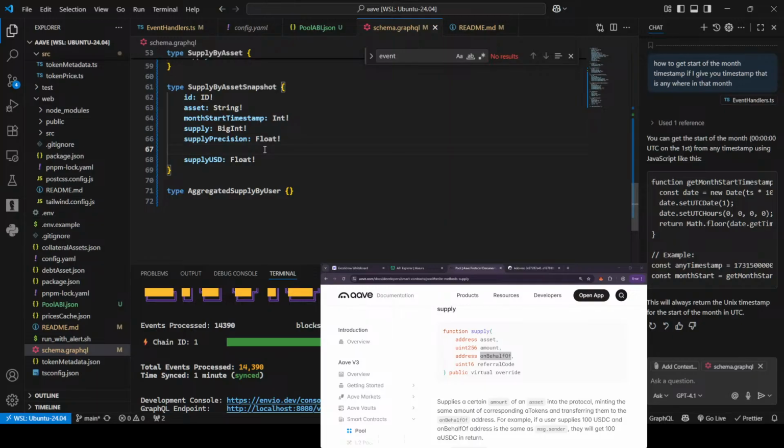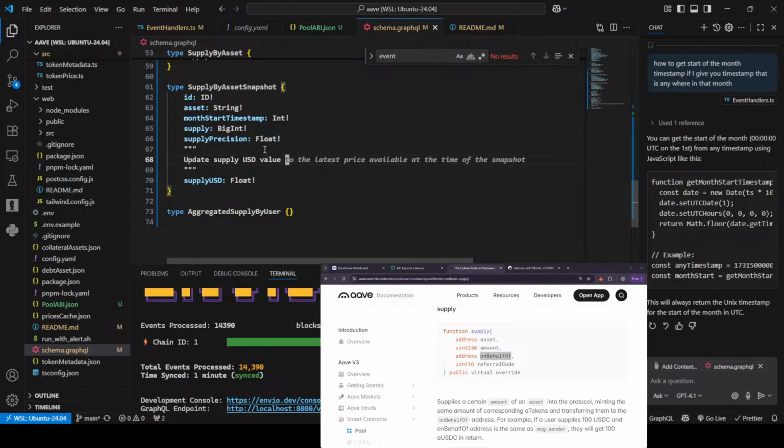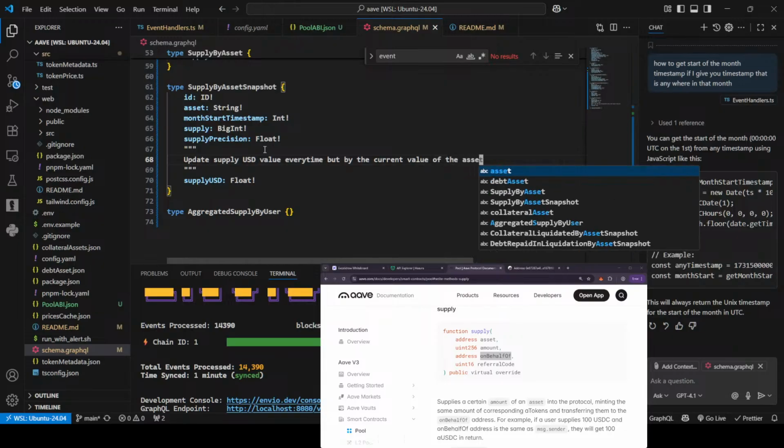Can we add comments here? Update supply USD value every time, but by the current value of the asset